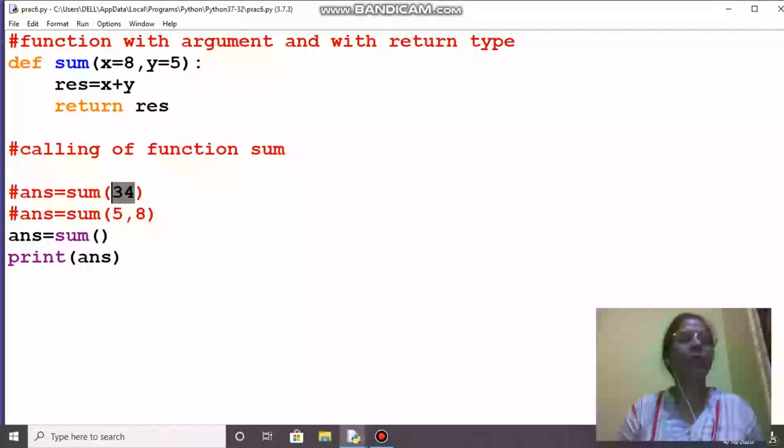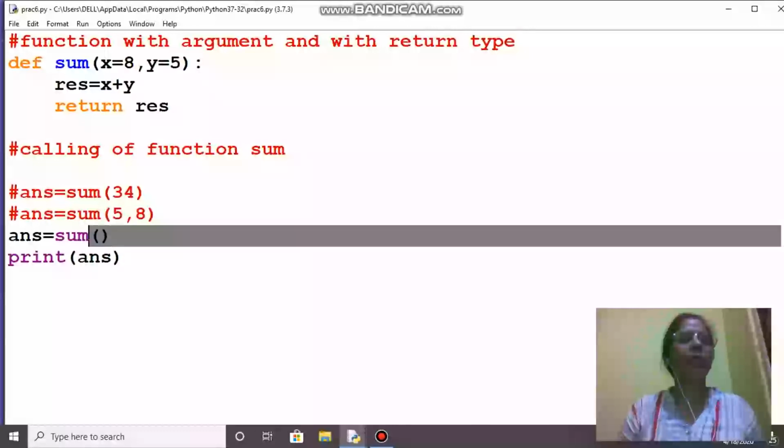And this is also the example which I have explained to you. Hopefully after this, the various types of arguments, return type, default argument, actual argument, and formal argument must be clear to you.